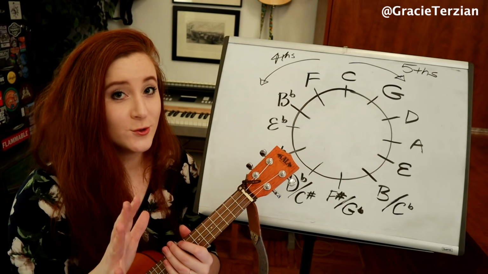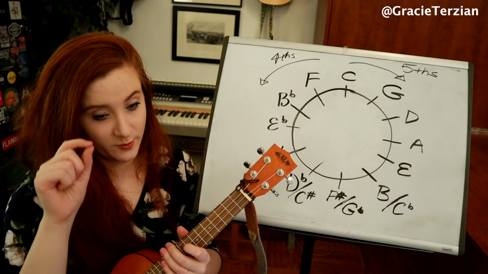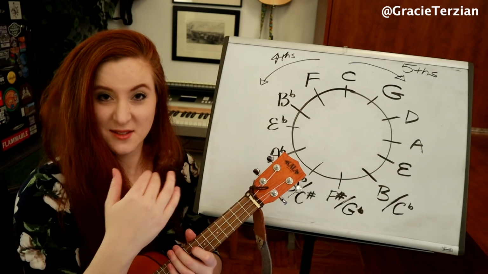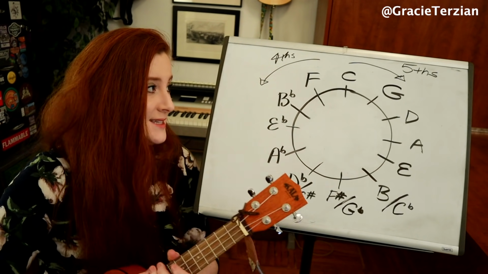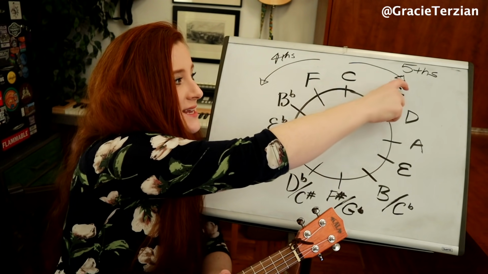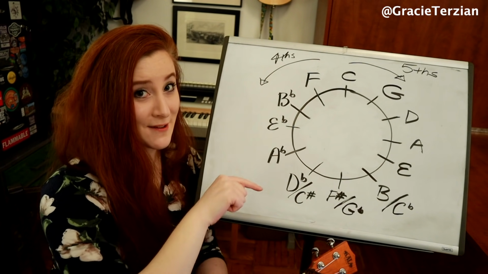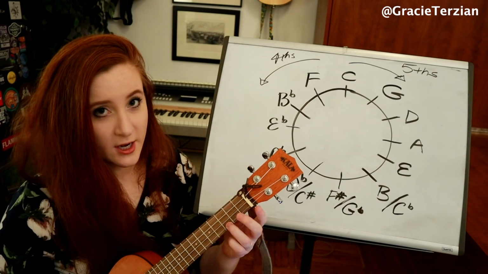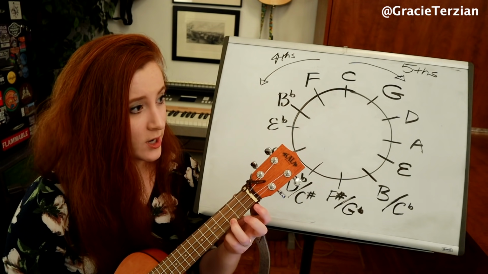Now, I don't want this to confuse you too much, but when we move descending, so when we're playing one note and then moving down, getting lower, so it would be like playing a scale backwards, then when we move this direction, we're moving in descending 4ths, and when we move this direction, we're moving in descending 5ths. So what I mean by that is, if I'm starting on this C, I'm going to start on this C, and I want to go down